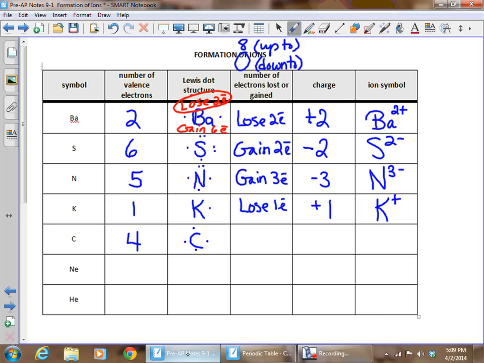So we're going to have to put both if we're talking about electrons lost or gained. So we're going to have to say that carbon can either lose 4 electrons or gain 4 electrons. So we're going to be able to say that it could form a +4 ion, it could form a -4 ion. So C4+ and C4-. We could see something like that. That plus didn't turn out looking very good, but